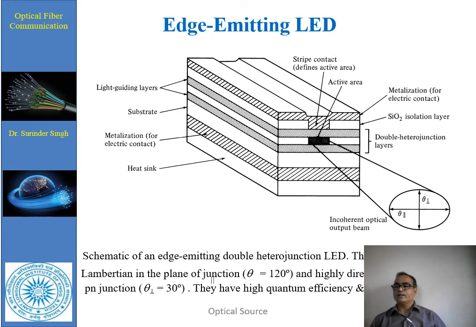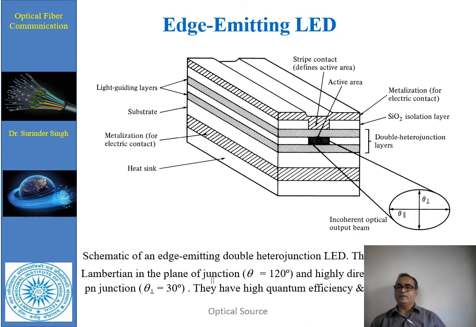The emission pattern of the edge emitter is more directional than the surface emitting LED. In the plane parallel to the junction, there is basically no waveguide effect present, and the emitted beam is a Lambertian type, varying with angle as cos theta, with a half power beam width theta parallel of 120 degrees, while in the plane perpendicular to the junction,